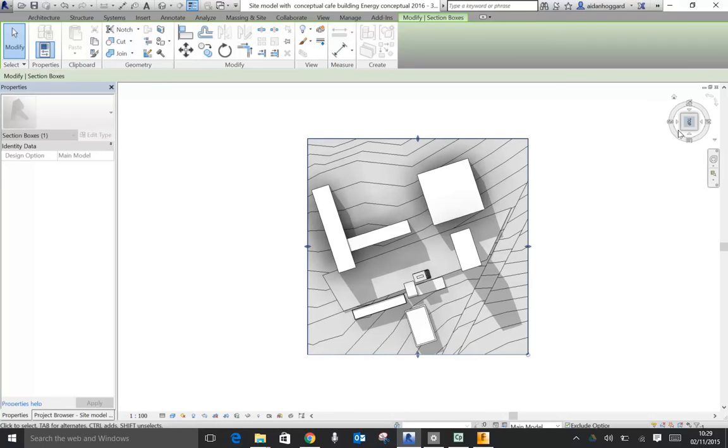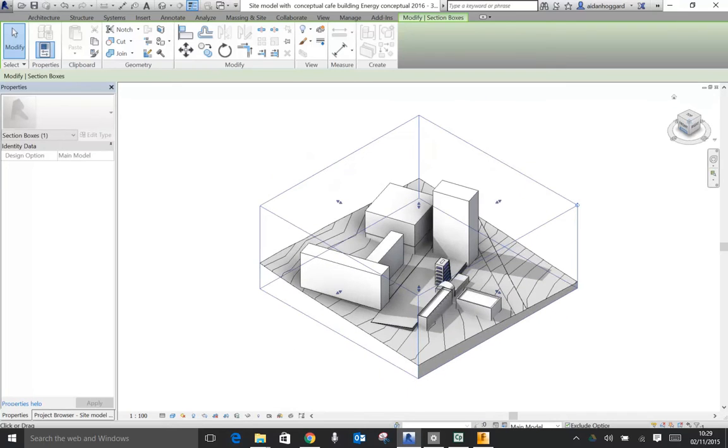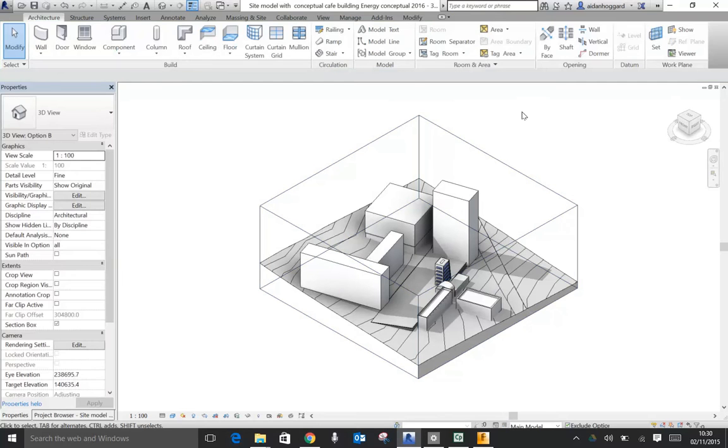Okay, like that. Go back into a 3D view. And that now gives the edge of my site model a thickness, which will be brought into Flow Design. If you don't do that, your site model just tends to come as a thin surface. Okay. Now,